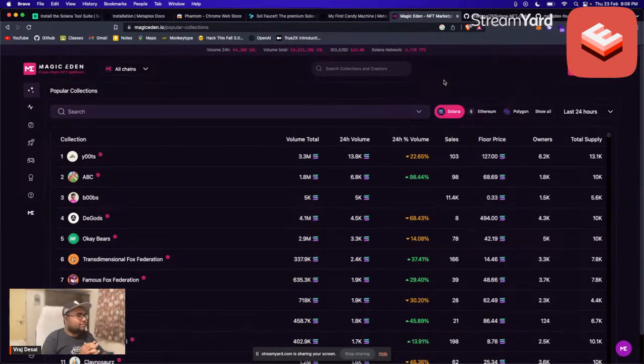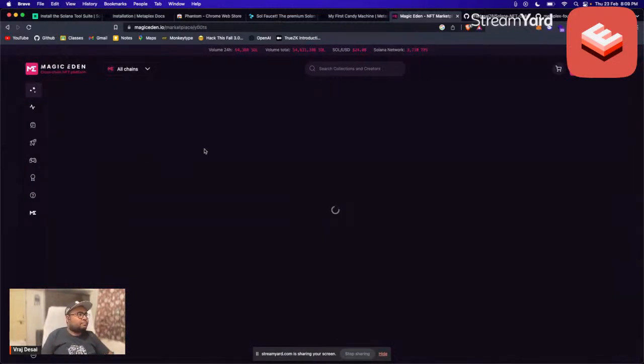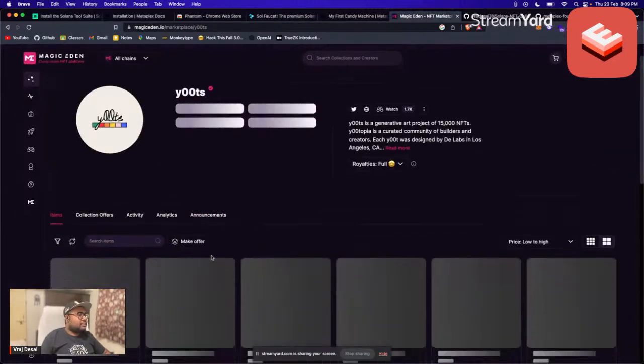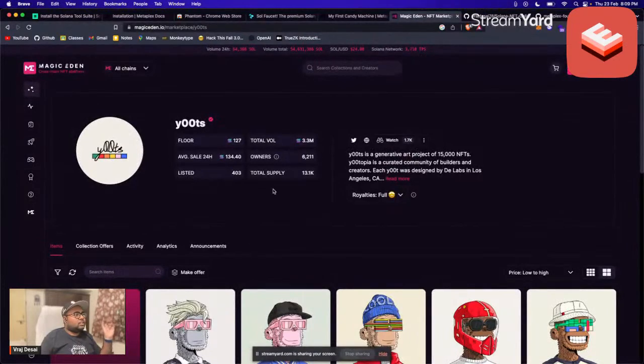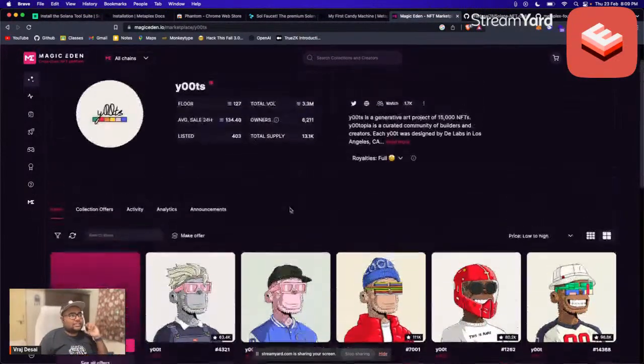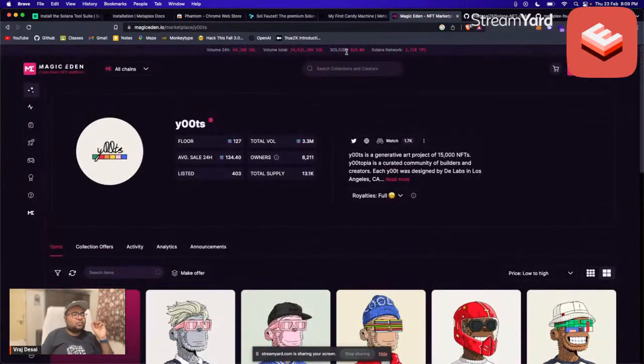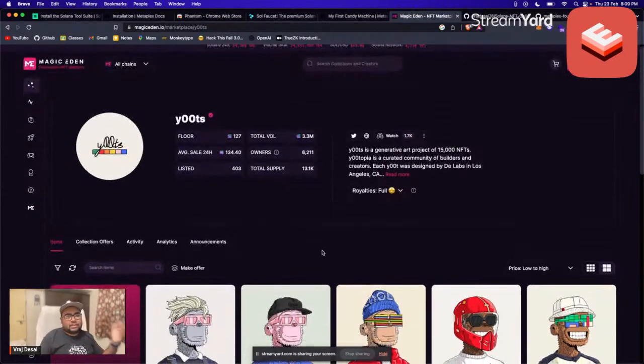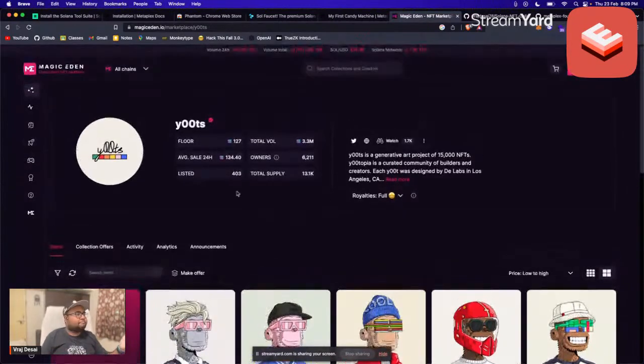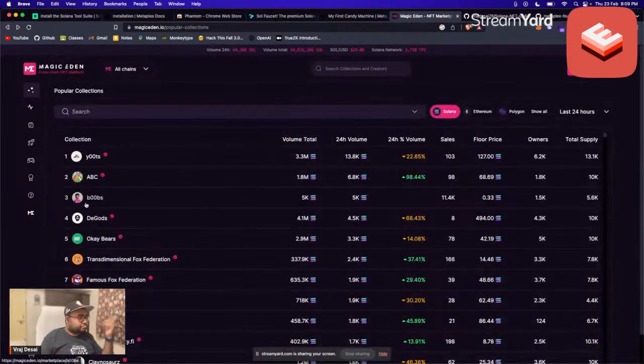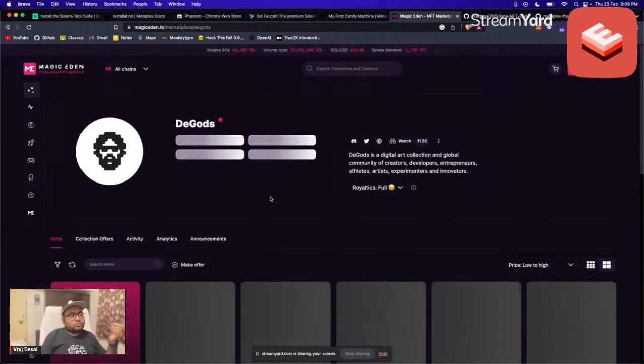So here you can see some of the most popular NFT collections. As I said, the Utes. You can see that Ute is in the top list of NFT collections on Solana. Here you can see the floor price. The average floor price is around 127 Sol. And if you check the current rate of Sol to USD, then it is really an expensive thing, right? Also there are some other NFTs like, let's say, Degods, which is also one of the most famous